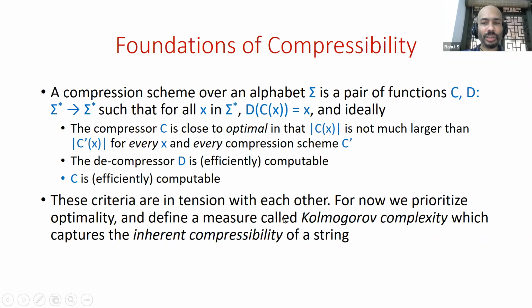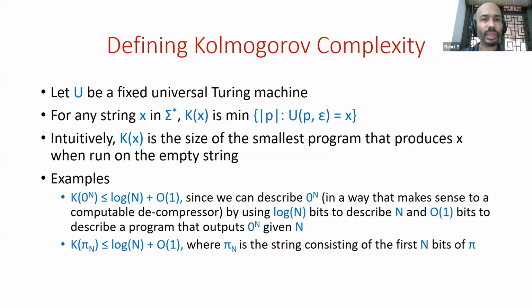So we're going to define a measure, Kolmogorov complexity, which many of you might have seen before, but now motivating it from the point of view of compression. And this captures the inherent compressibility of a string. Okay, so how do you define Kolmogorov complexity? Hopefully I'm not assuming anything here that you haven't seen before. If you've done a basic computability course, you would have seen universal Turing machines. Let's just pick some fixed universal Turing machine U, and it actually doesn't matter which one you pick, just pick a reasonably small universal Turing machine. The notion of Kolmogorov complexity isn't going to depend very much on the universal Turing machine, only by constant terms. So we can fix some universal Turing machine and not worry about it afterward.